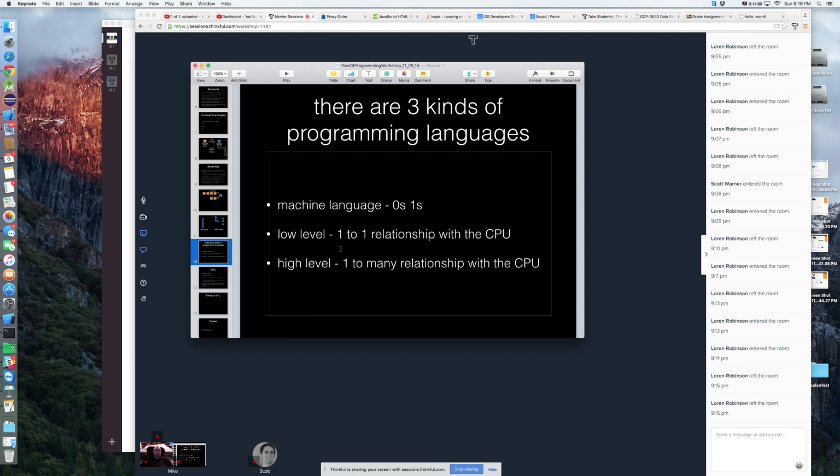So that's a low-level language. High-level languages, these are our friends. These are languages like Python or Java or C or C++ or C# or Swift, Ruby, PHP. All of these are high-level languages. Every line of code we write in a high-level language translates into many, many magic tricks on the CPU. So it's a power tool for us so that we don't have to get to that granular level, which would be very tedious for us as human beings. That's one way of looking at programming languages, 3 different kinds of them.